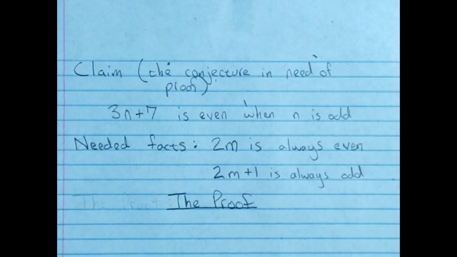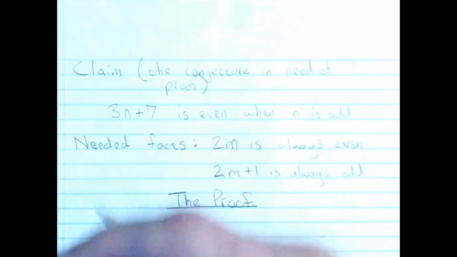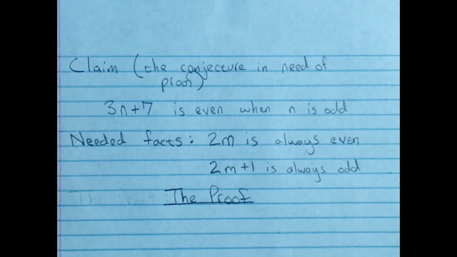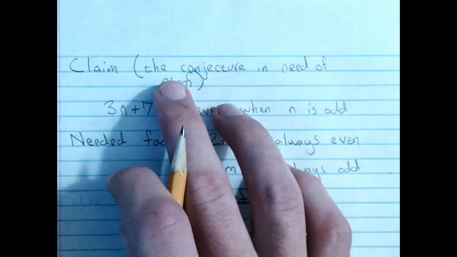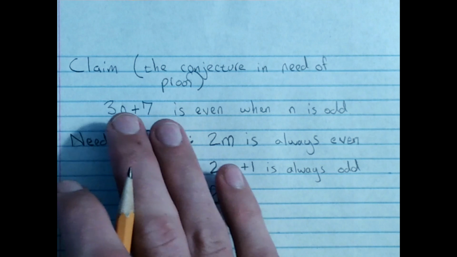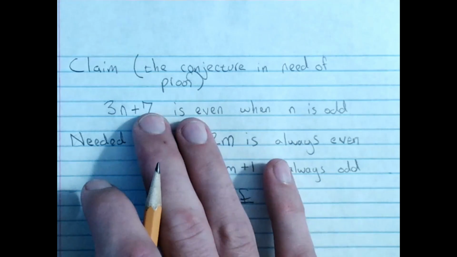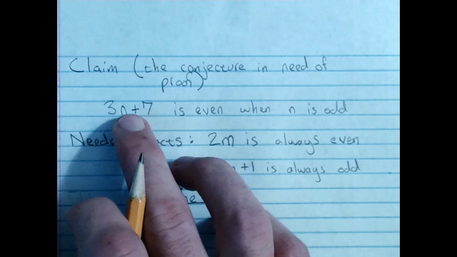Okay, I know some of you guys are having difficulty with this idea of proof, and specifically with writing these simple algebraic proofs. So I wanted to give you an example that you could follow step by step. What we're going to start with is the claim, the conjecture that is in need of proof. And my claim is that 3 times some number n plus 7 is even when n, the some number, is